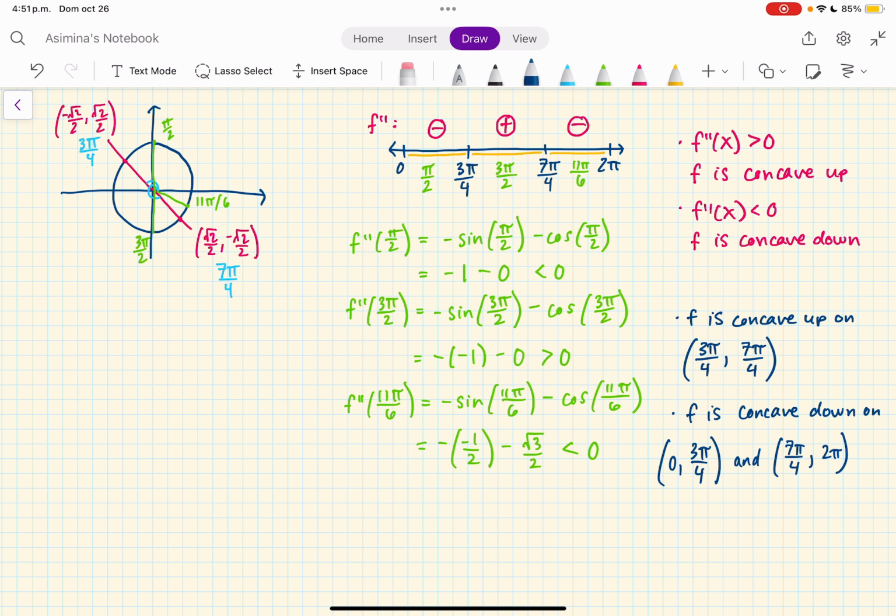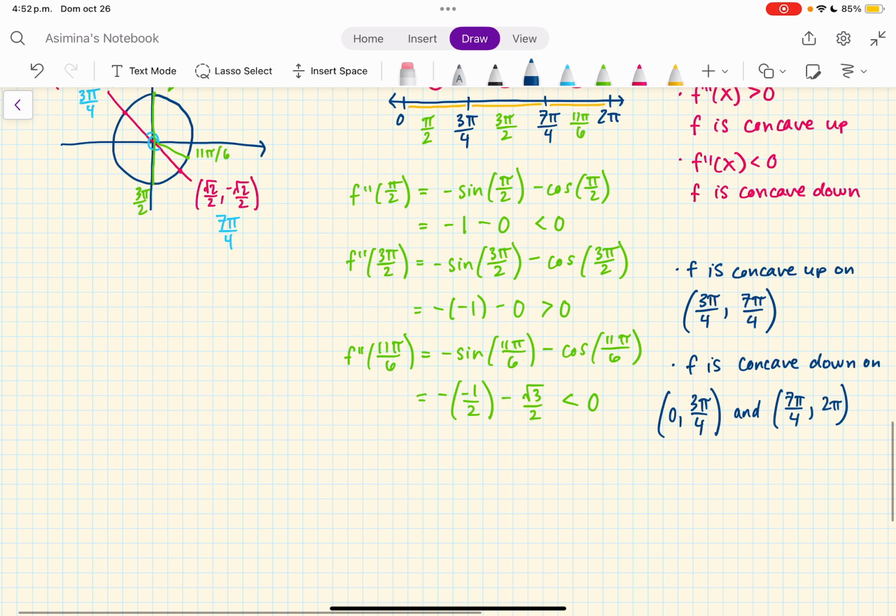Great. Now, the last thing we wanted to find was the inflection points. So the inflection point is when the second derivative goes from being negative to positive or positive to negative. If the second derivative goes from being negative to negative or positive to positive, that is not an inflection point. So here we see that the second derivative goes from being negative to positive at x equals 3 pi over 4. So for inflection points,